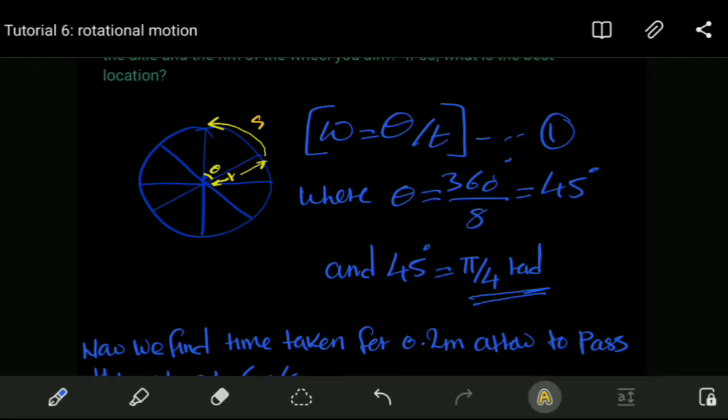I'm sure you know how to convert by now. This shouldn't be a problem. You can try this on your own. I'm sure you have the notes. So 45 degrees is giving us pi over 4 radians. So this is the displacement between